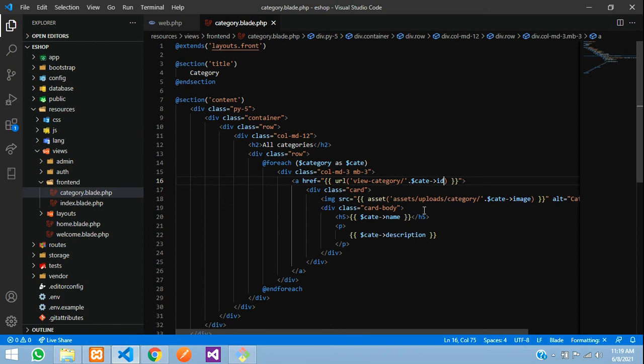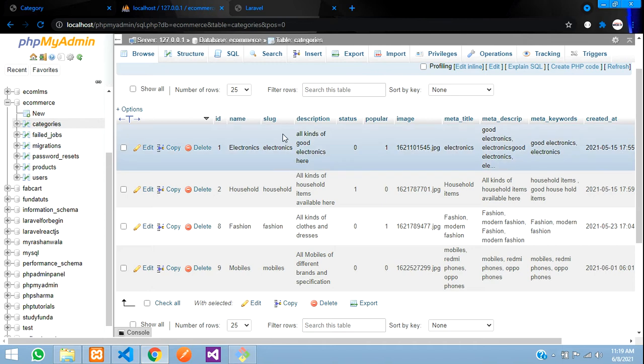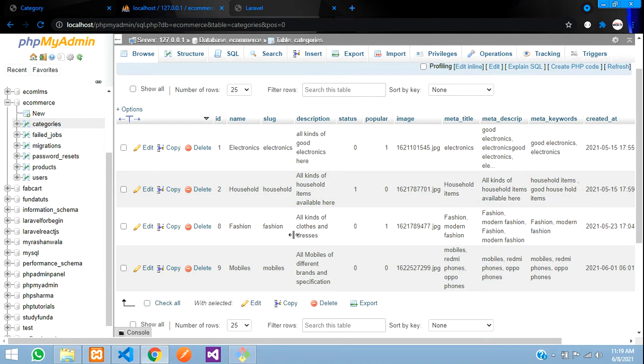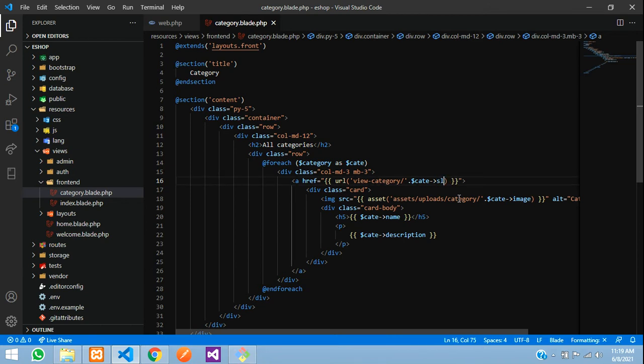Whichever category we click, or instead of taking the ID we will take the slug which we had inserted. We will go to the database and you can see the slug we have inserted. So we'll take that, go there, take slug, save, and we'll create this in the web.php.